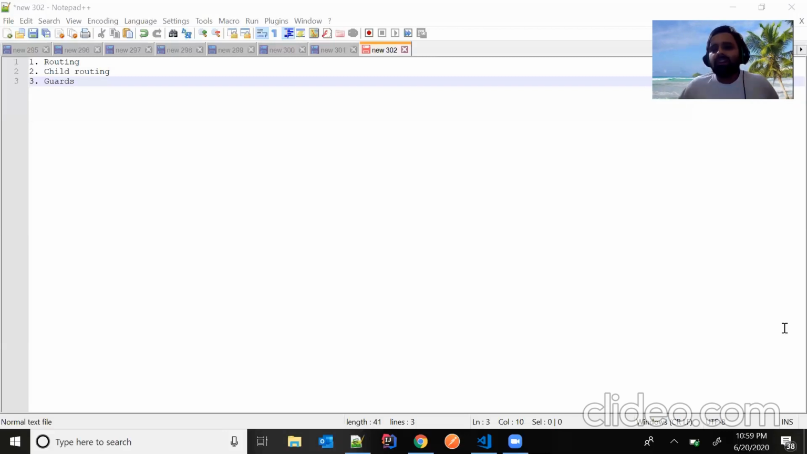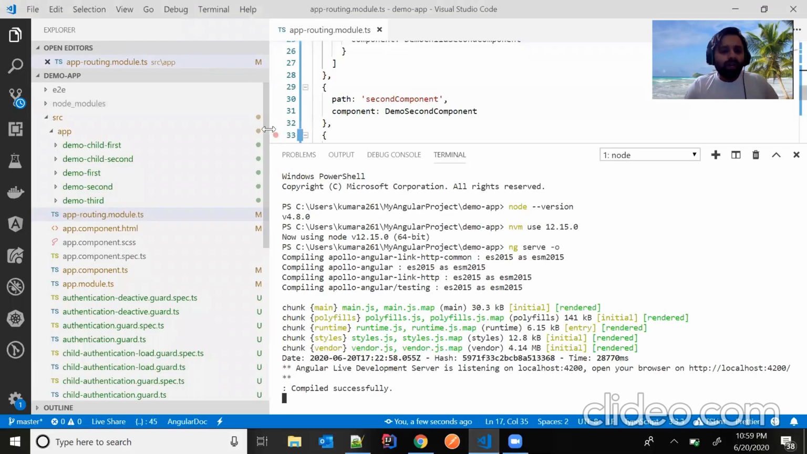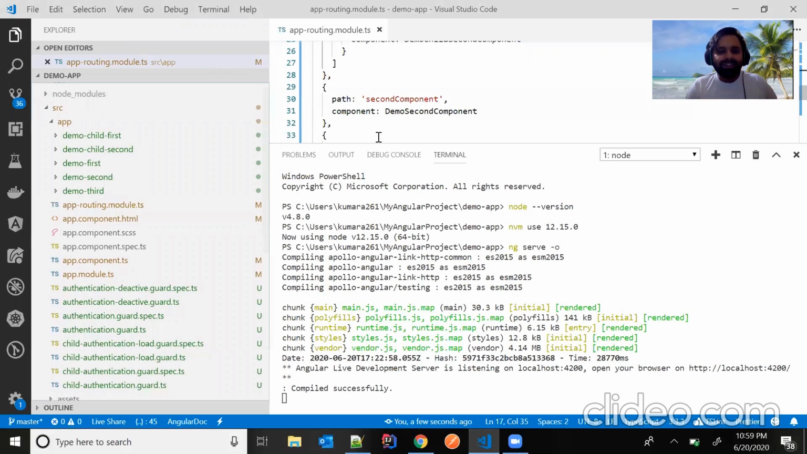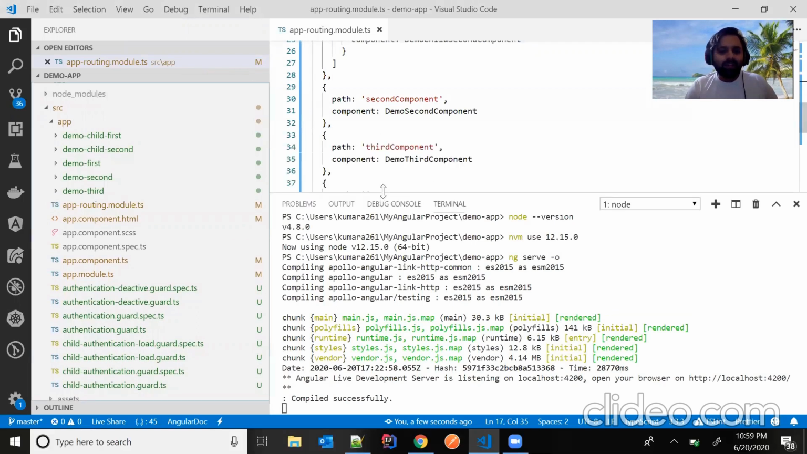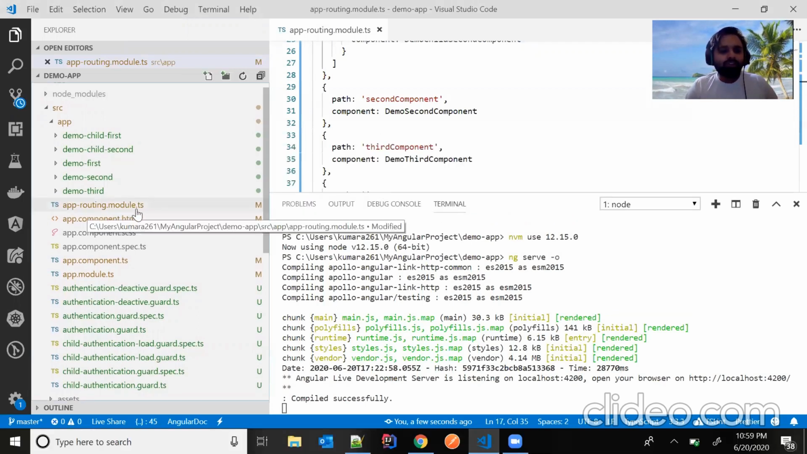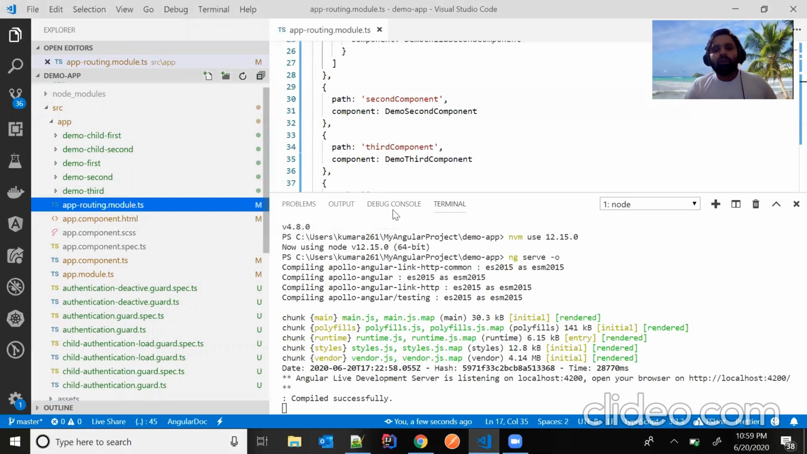This video is not going to be very long. It's going to be very short, and I'll try to explain the very basics of how you can easily create routing. So I'll just go and open my VS Code. If I selected yes while creating the project, I have the app-routing.module.ts file. So if I open it,